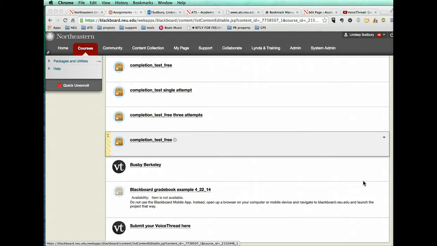In some classes they'll use it this way, where there will be an assignment associated with students commenting on other students' VoiceThreads, but the process is kind of a bit tedious. It's a few steps, but I'll show you how to do that. So